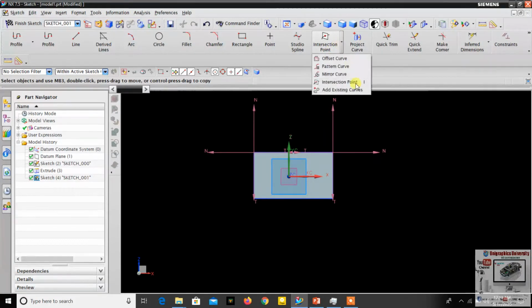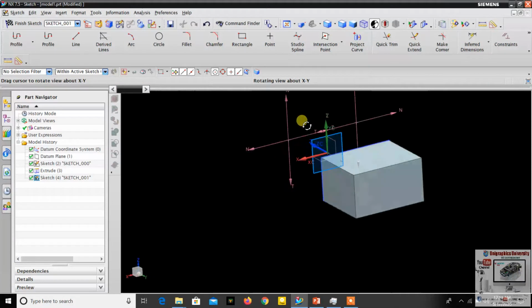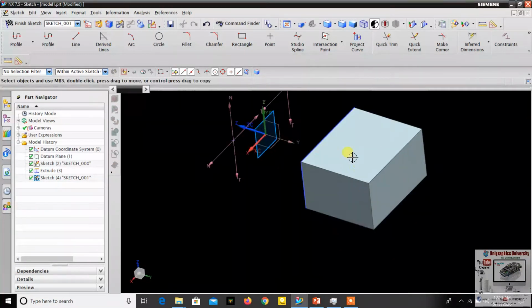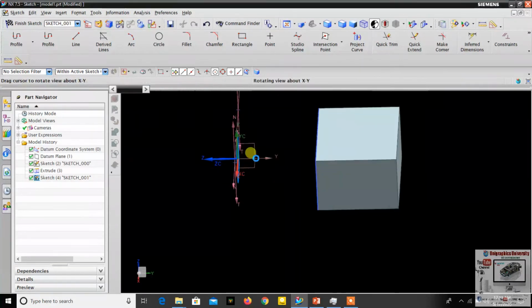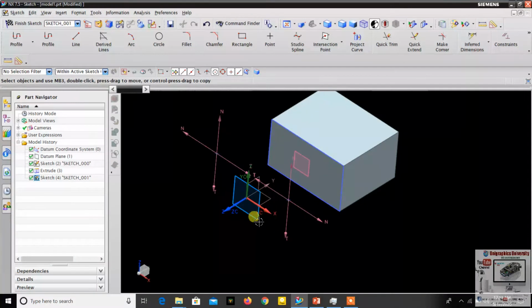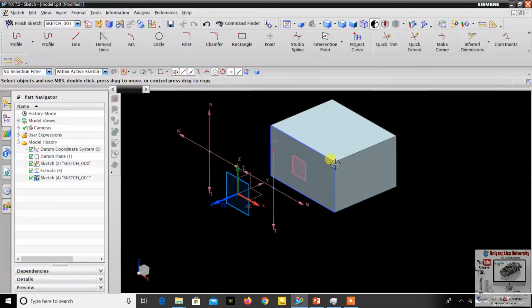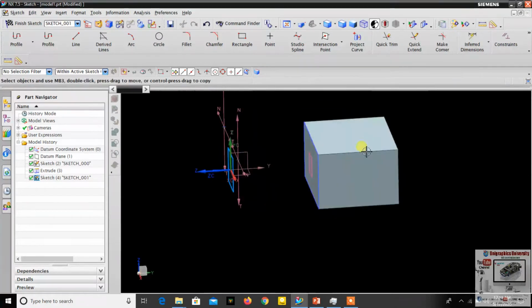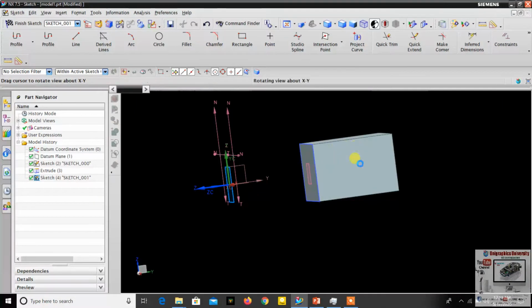The next one, project curve. Project curve means you can project a curve from another object in another plane onto the current datum plane. This is my current datum plane, right? This is my now active sketch plane. So I can copy this object's curve to this plane.